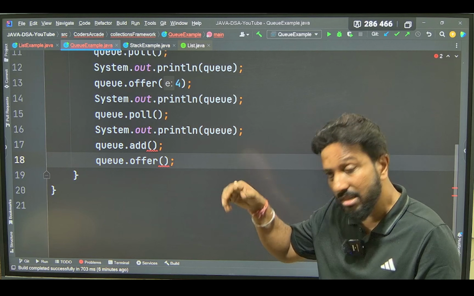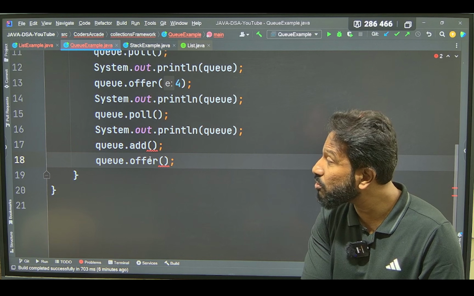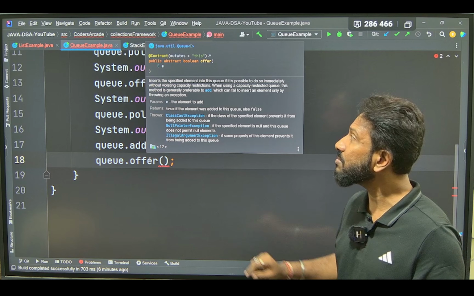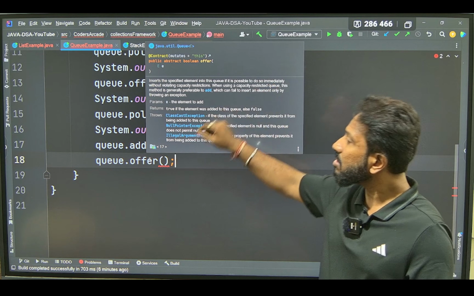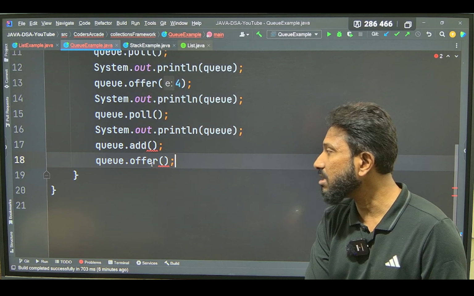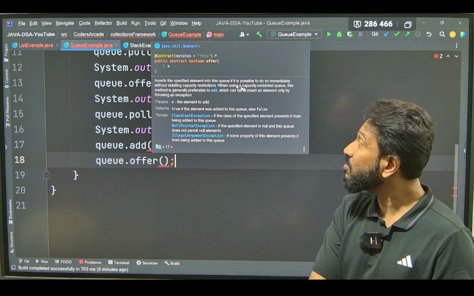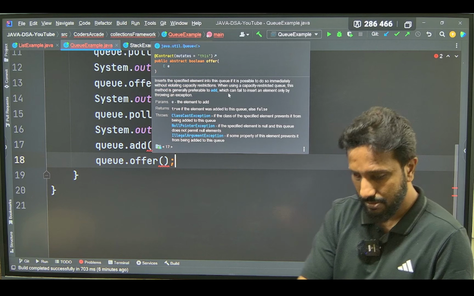Always, whenever you are learning Java, just always go through the documentation. That will really help you. Go to the offer option and just see. When using a capacity restricted queue,